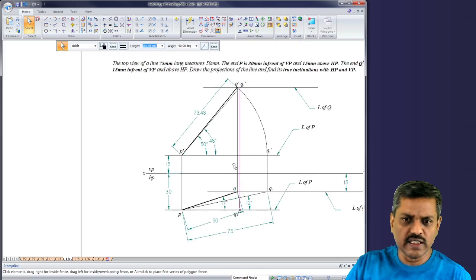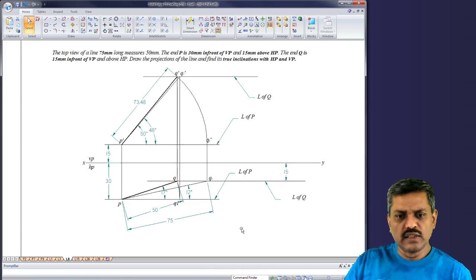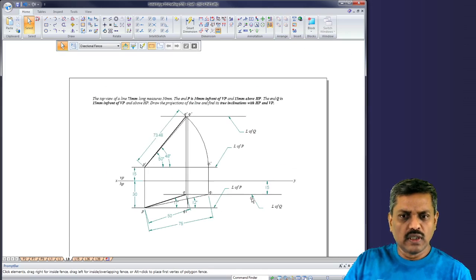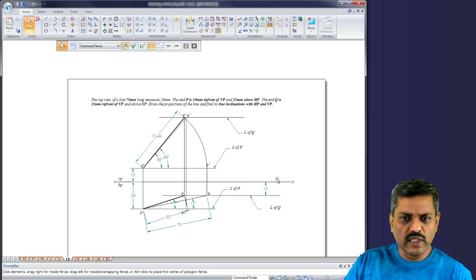It is negligible, but this is the solution for the given problem, and it's another unique problem. I hope you have all understood. So I think it is time up for this session. So thank you and good luck.